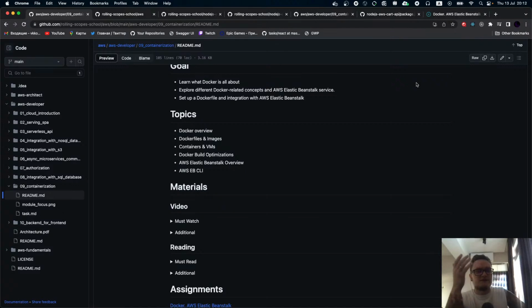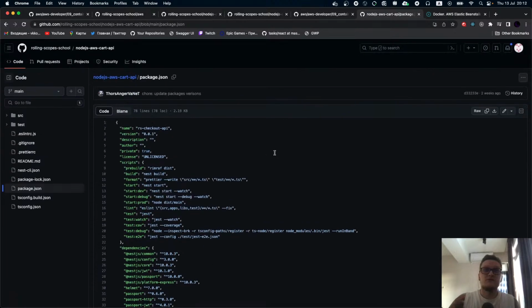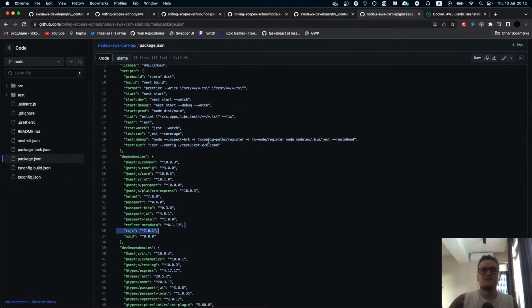So I think the people who don't have Node.js on their systems will feel the most benefits of this task, because they just don't have to do anything with this project. They just create a Docker file and run EB, and Docker will build this one. I don't have to run all the Node stuff. I don't have to install this one, and it's pretty good.